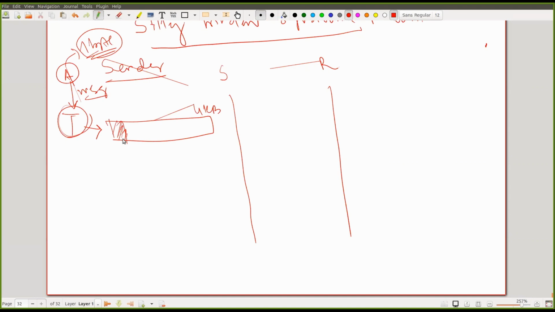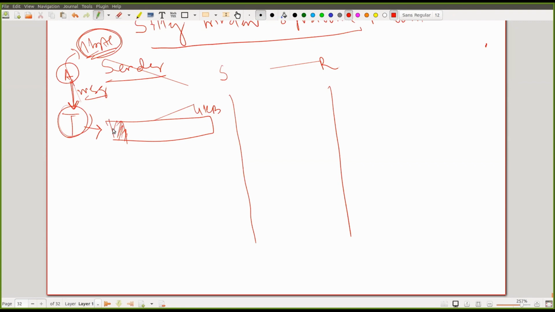Now the next question is, whenever it keeps the data in the buffer, instead of sending the data to the network immediately, it may happen that, as far as TCP is concerned, if you remember, it is not guaranteed that your data is going to be sent immediately. It depends on the transport layer. The transport layer will take a decision whether to send the data immediately or not. If I send this data immediately, we already see the problem.